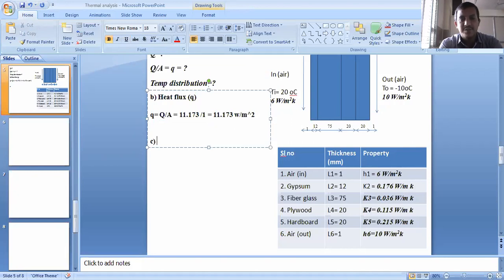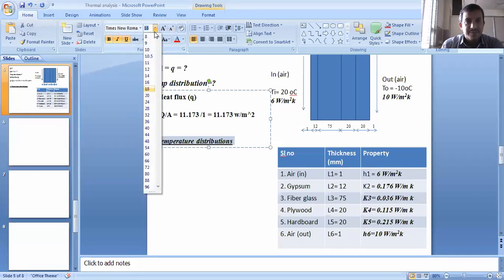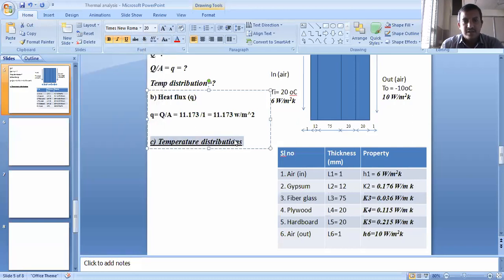Next, the third one. This is the important one: temperature distribution. How do you calculate temperature distribution? Now see, from the inside air to the first component, what mode of heat transfer takes place here?